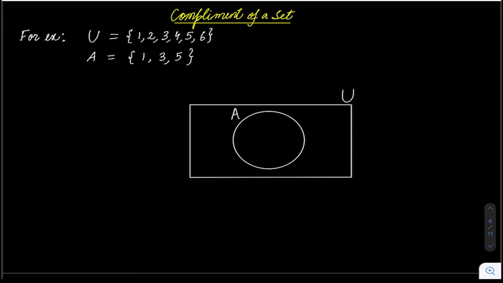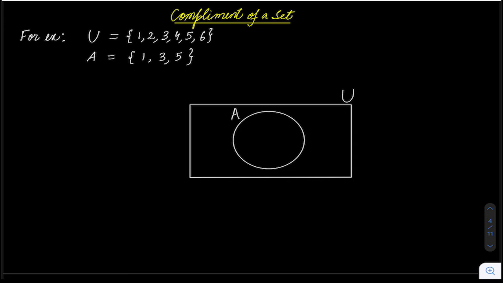Okay, I hope everyone knows universal set. So basically all other sets will be inside that universal set. So universal set is a superset. Basically it means it contains everything like our universe. So that's why it's known as universal set.